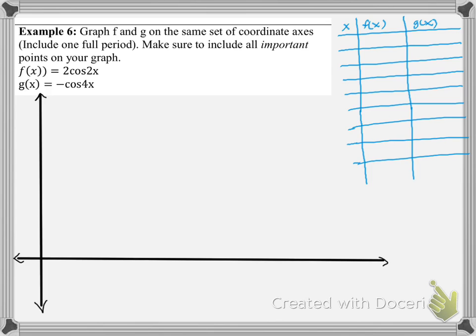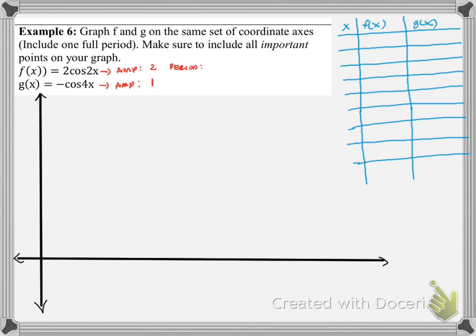Okay. So in class we looked at the amplitude and the period. So we figured out the amplitude is going to be 2 for F, and for G the amplitude is 1, right? Because the amplitude is always positive. And the period,